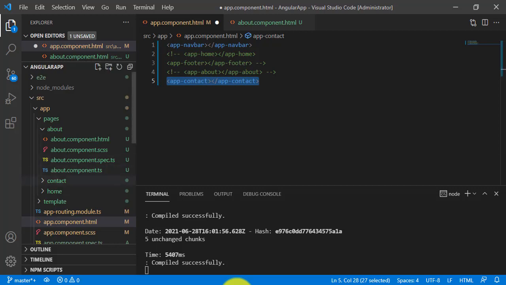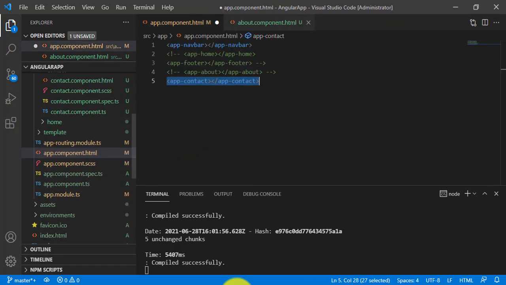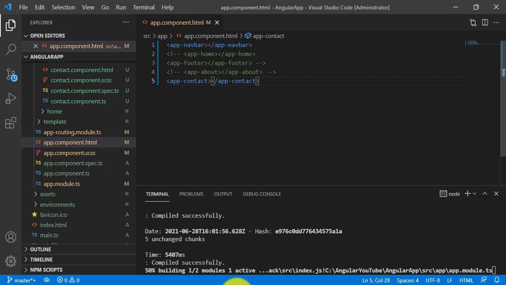Where do I get the selector name? If you go to the contact.component.ts file, you'll see the selector is app-contact. So I close this, and I have declared the contact component in the app.component.html file using the selector app-contact, and I save these changes.